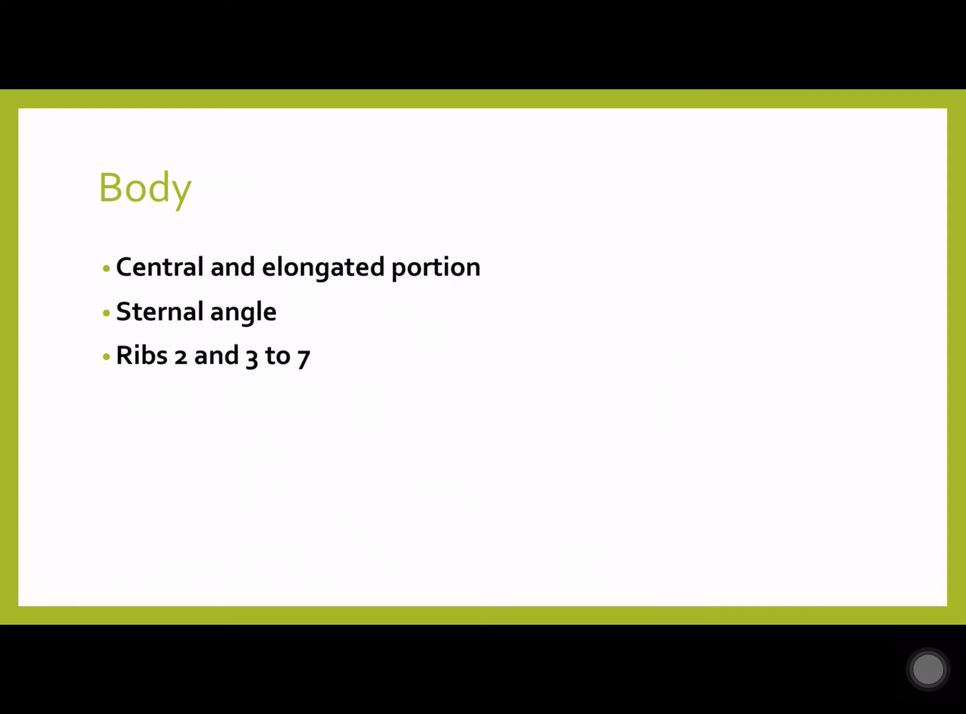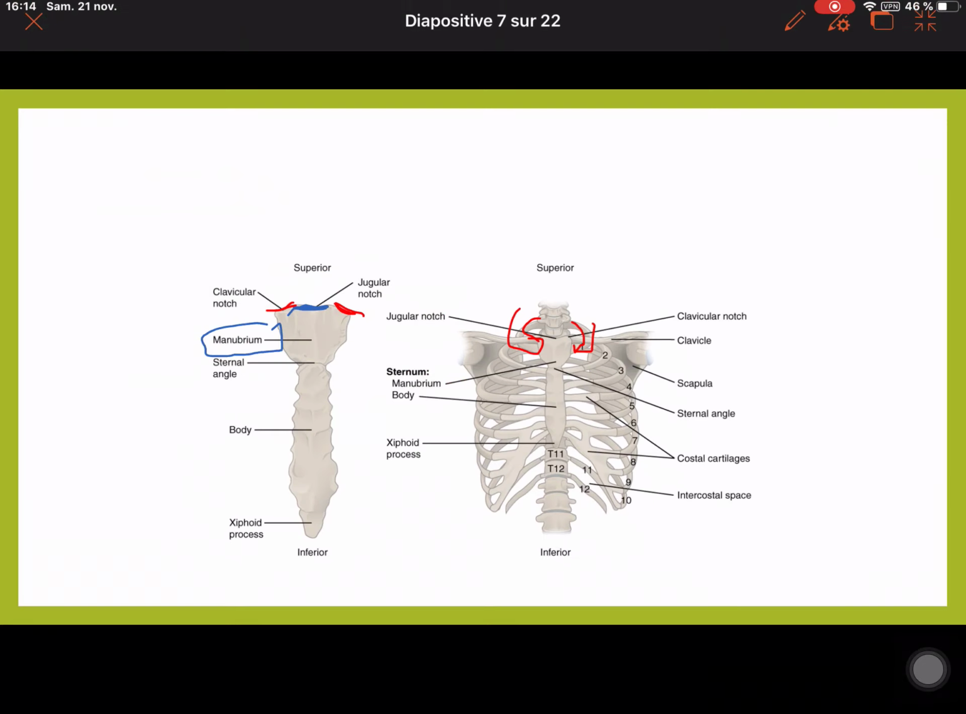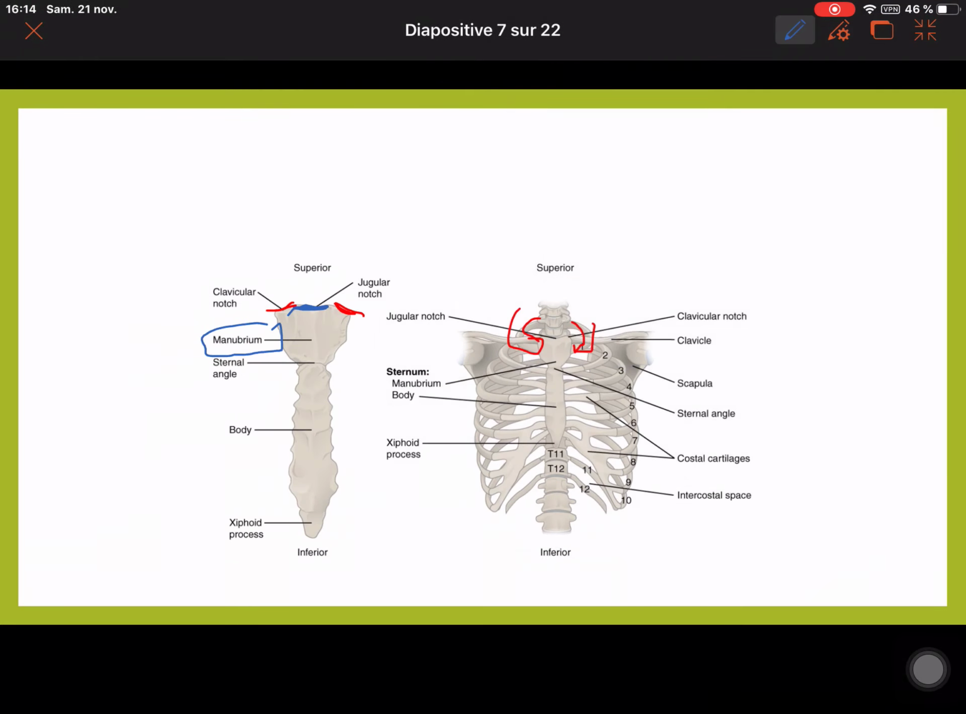Okay. Now let's move to the body of the sternum. It is the central and elongated portion. Its main feature is the sternal angle, which is the joint between the manubrium superiorly and the body inferiorly. Also, regarding the ribs attaching to the body, the second rib attaches directly to the sternal angle, and the ribs from 3 to 7 are attaching with the